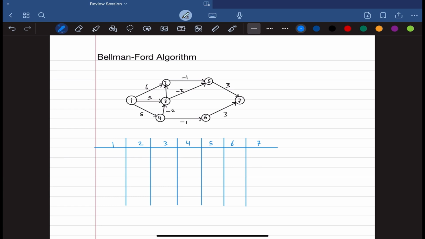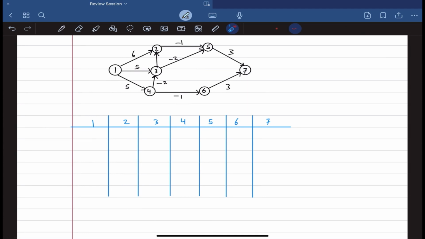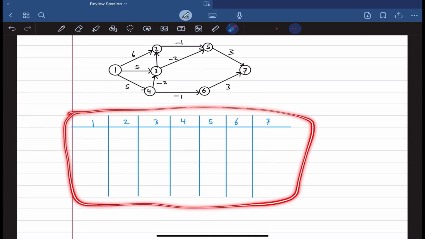But negative cycles in both of them are not gonna work, because the shortest path is gonna get decreasing and decreasing, so we want to find the shortest path ever. Okay, let's check Bellman-Ford. So in this example, the first thing to do is create a table, and this table